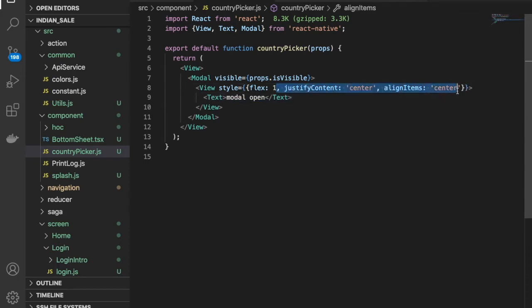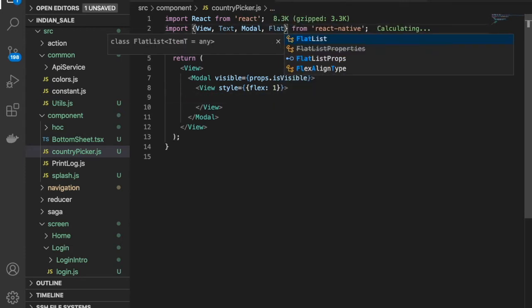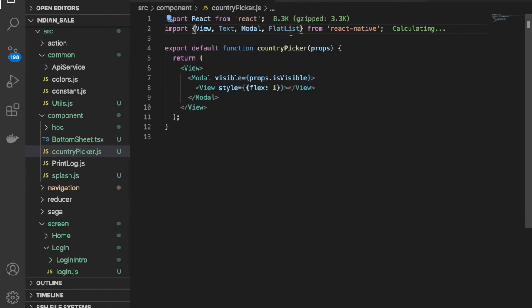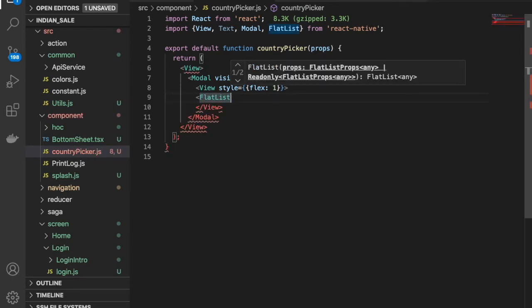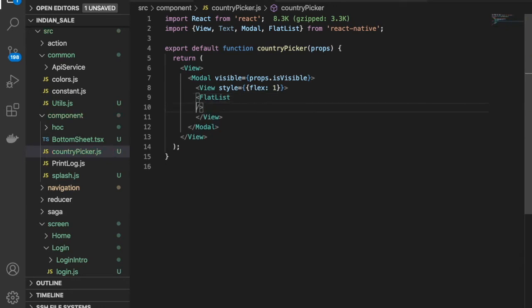So as of now I'm just providing flex one only here, and I'm going to use the flat list also. So flat list, this is a flat list. All right, I'm importing this component, and then we have this flat list. Okay, all right, so we have the data.